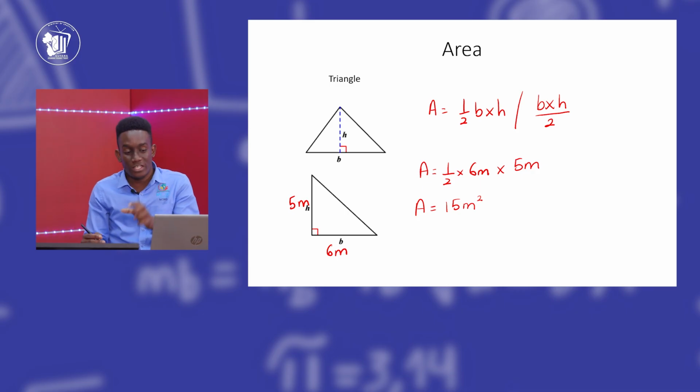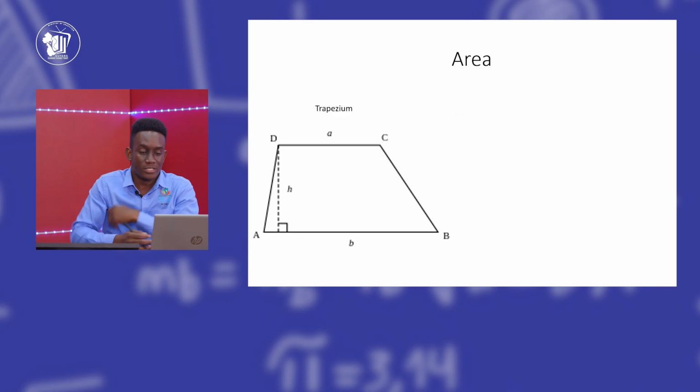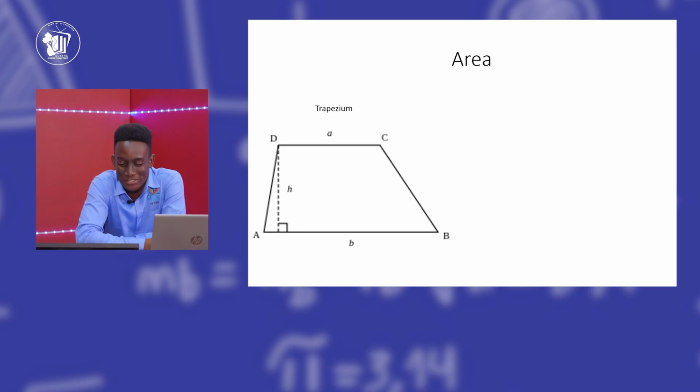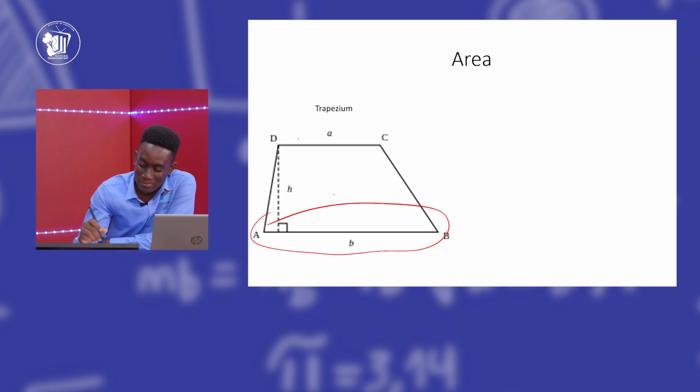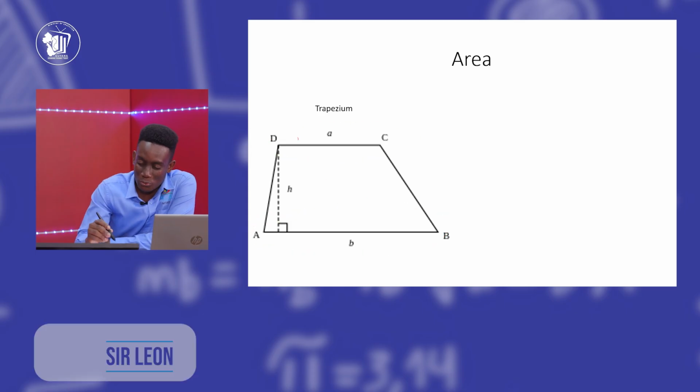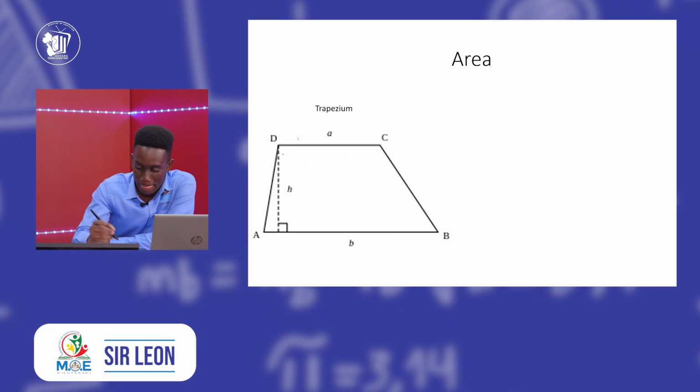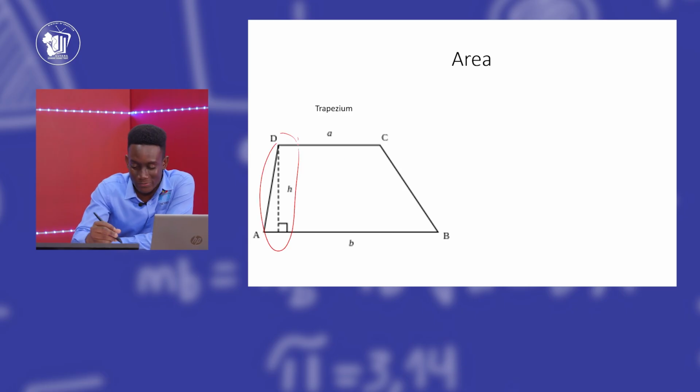So the area of this triangle is 15 meters squared. So let's move on to the trapezium. All right, so for the trapezium, the major component that makes a trapezium is that there are two parallel sides. So these two sides here are parallel in the trapezium. So we need a parallel side, and we need once again the perpendicular height, which would be this part